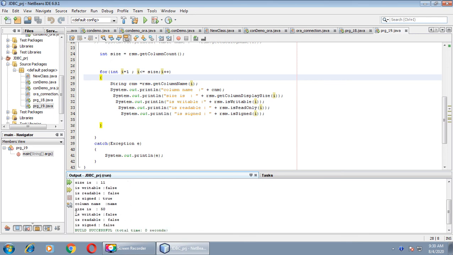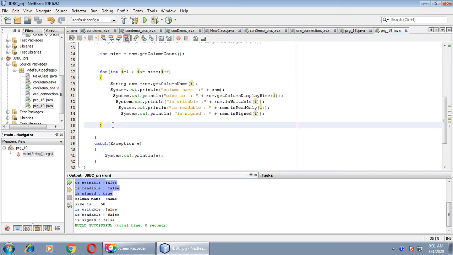Here you can find the details about the second column. Column name is number, the size is 11, is writable false, is readable false, is sign. As we have only 2 columns defined in our table, we got the details about these 2 columns, right?